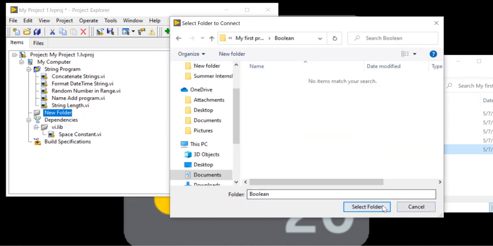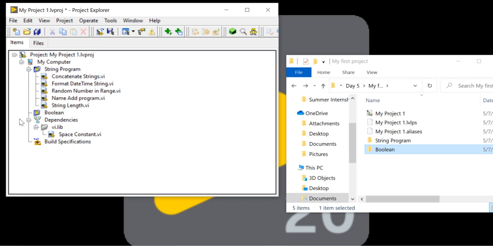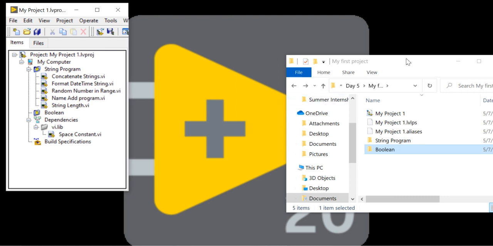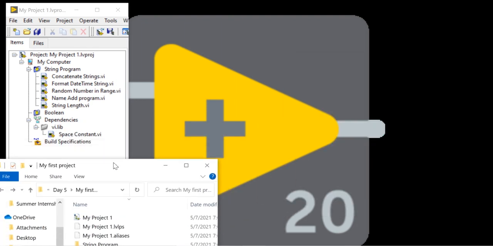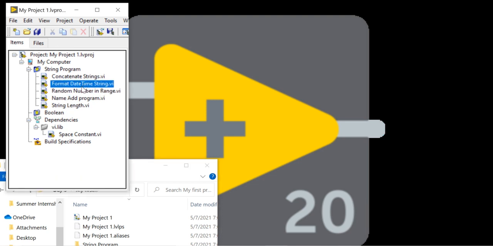So my next folder will be a boolean folder. Whatever code we write, we will write inside the boolean folder. There is one sub VI also, the format date and time, but here I am not using it. We will do it later.